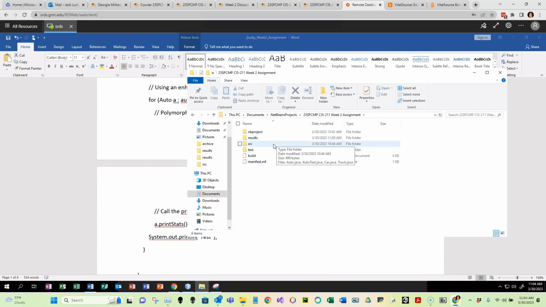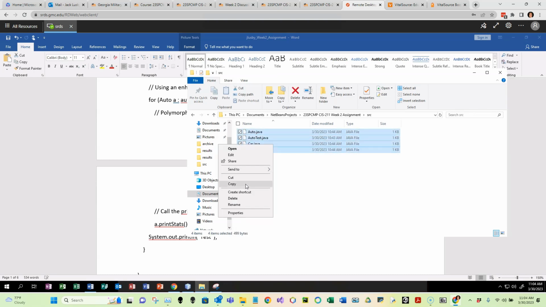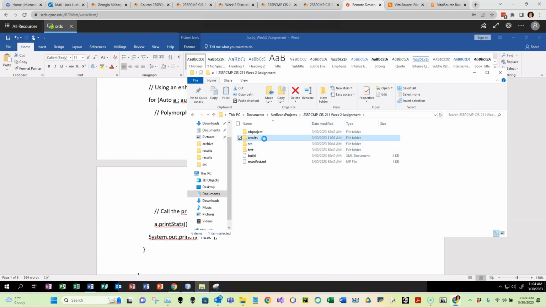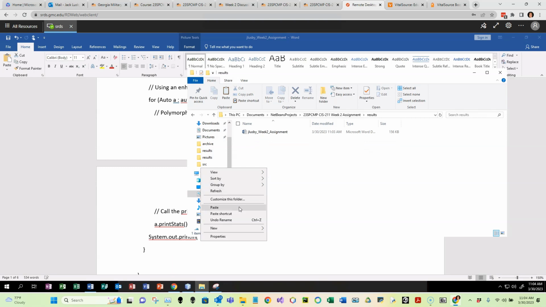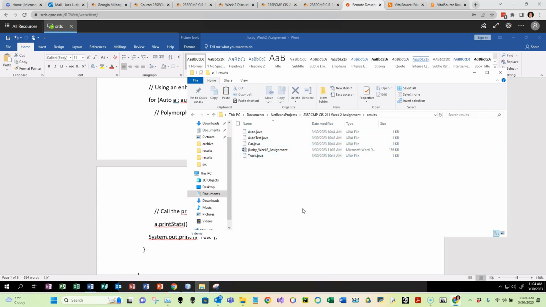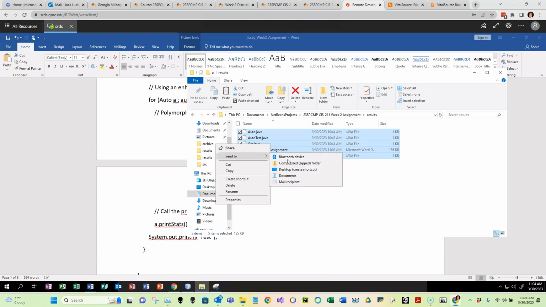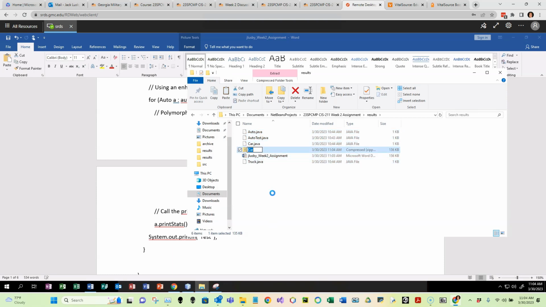Go into your project folder, go into the source folder here, grab all of these files, copy them, go back one, and inside the results folder, go ahead and paste all of those Java files. So you've got your results document, you've got all your Java files, highlight all of them, right click, say send to, say compress zip folder, give it a name,